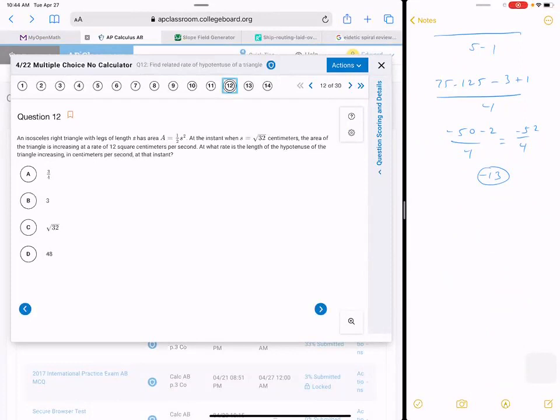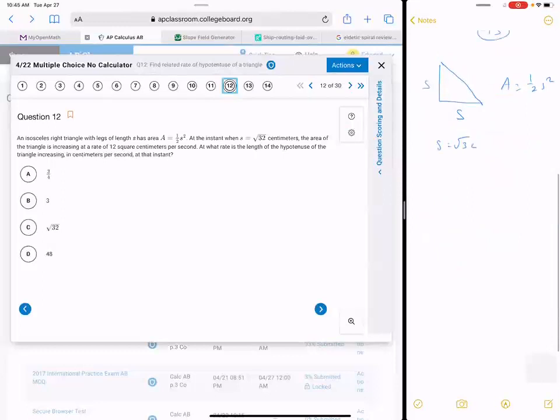In an isosceles triangle with legs that are length s, the area is 1/2 s squared. Okay, we have a triangle, this is s, this is s, so the area is 1/2 s squared. We're cool with that. At the instant where s is equal to square root of 32 centimeters, the area of the triangle is increasing. What does increasing relate to? Increasing is a fancy word in calculus for derivative, right? It's the slope. So we have a change in area, dA over dt, because they told us 12